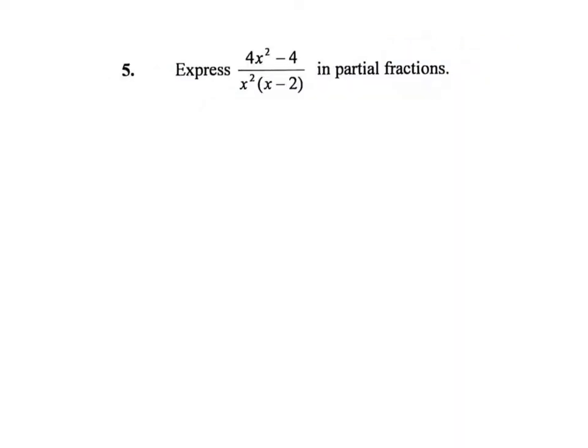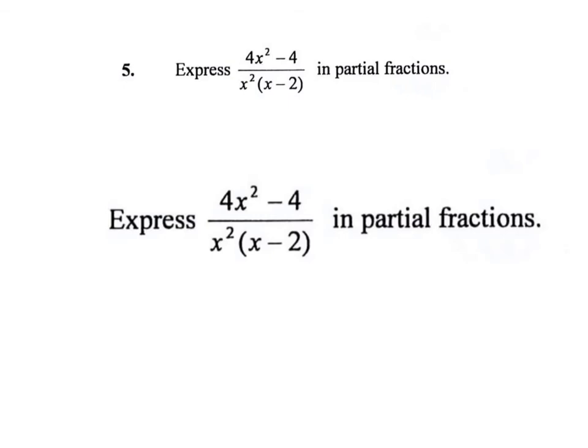Partial fractions, so (4x squared minus 4) over x squared, (x minus 2) equals a over x. Now this is a repeated linear factor, so we have b over x squared plus c over x minus 2. And when we combine everything over the common denominator, which is x squared, (x minus 2),